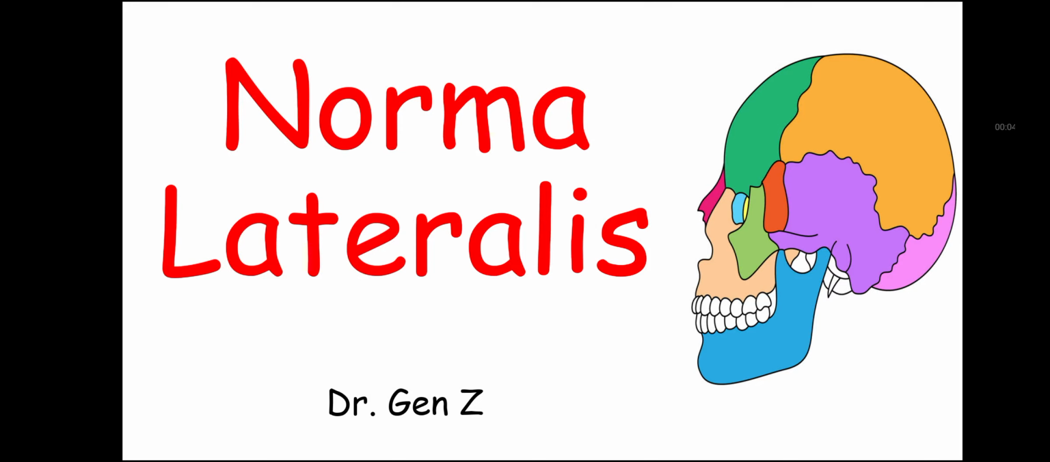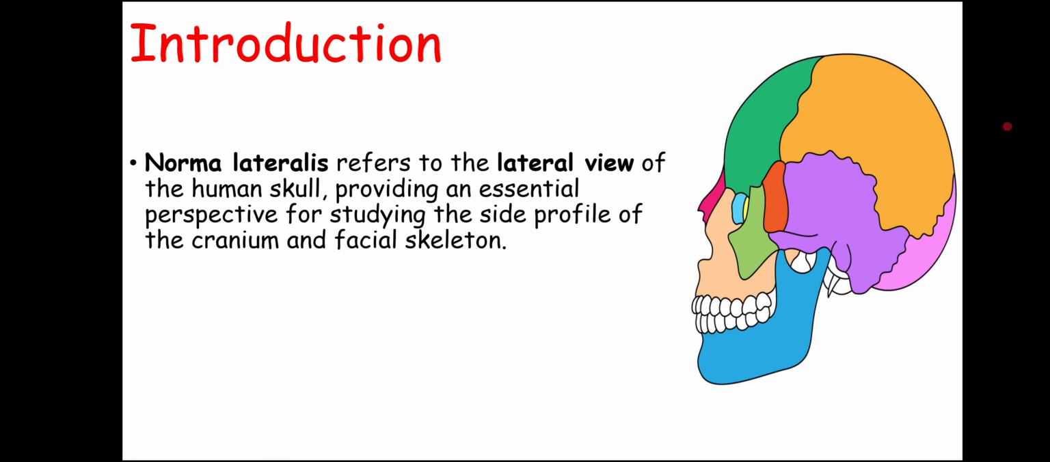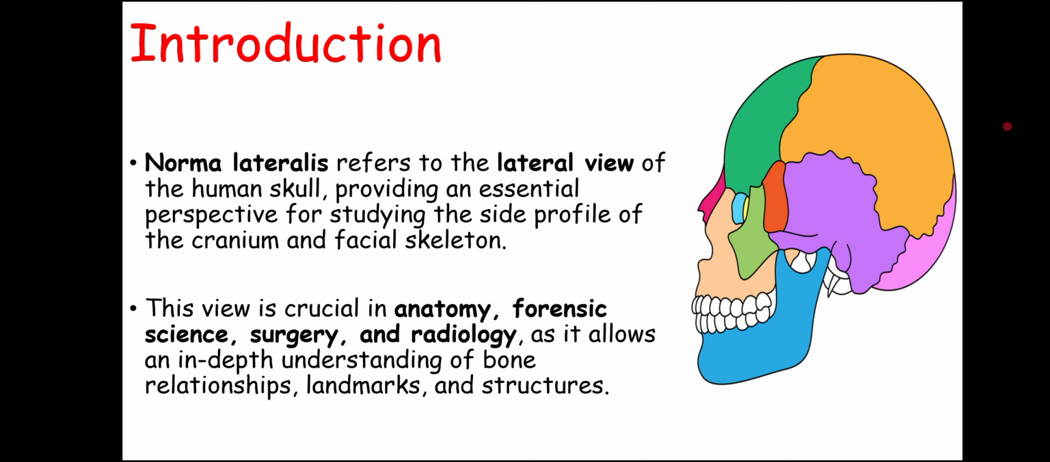Today we are going to talk about Norma Lateralis. We will start our topic with introduction. Norma Lateralis refers to the lateral view of the human skull, providing an essential perspective for studying the side profile of the cranium and facial skeleton. This view is crucial in anatomy, forensic science, surgery, and radiology, as it allows an in-depth understanding of bone relationship,